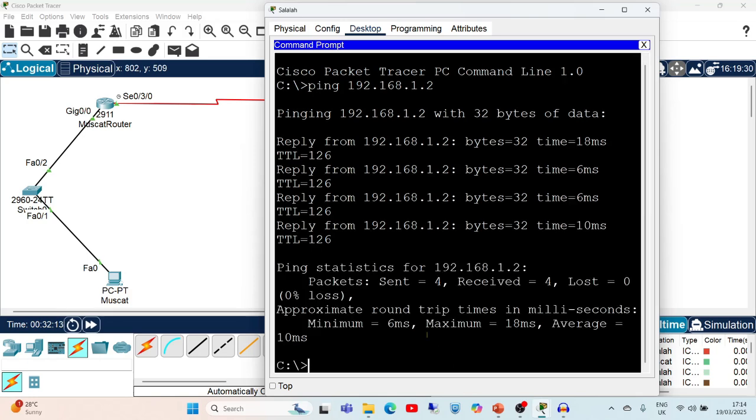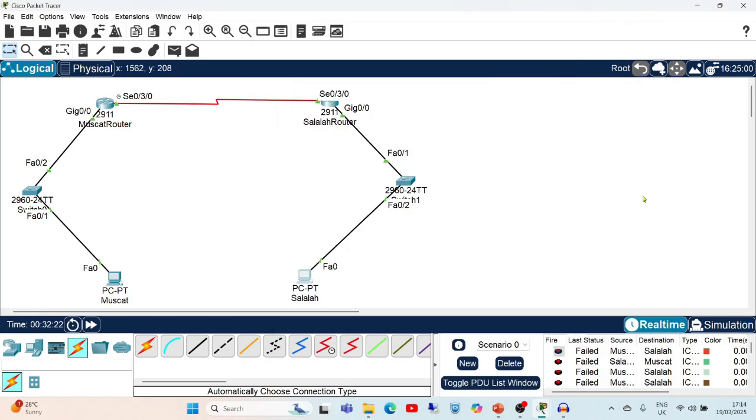Now see, it shows packets sent 4, received 4 and lost 0. Means the machine is reachable and you can forward the packets. Now see, here it is showing the results when you are sending the packets. Success, that is the status. Again, source and destination, Muscat, Salalah, whatever is the source and destination it is taking, and its transaction result is displayed here.